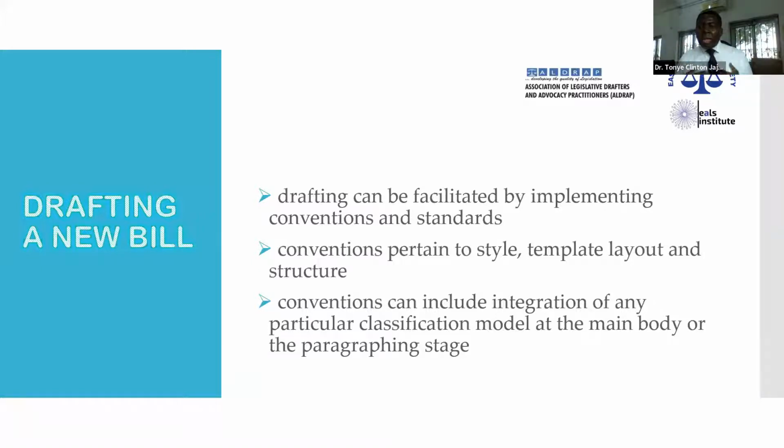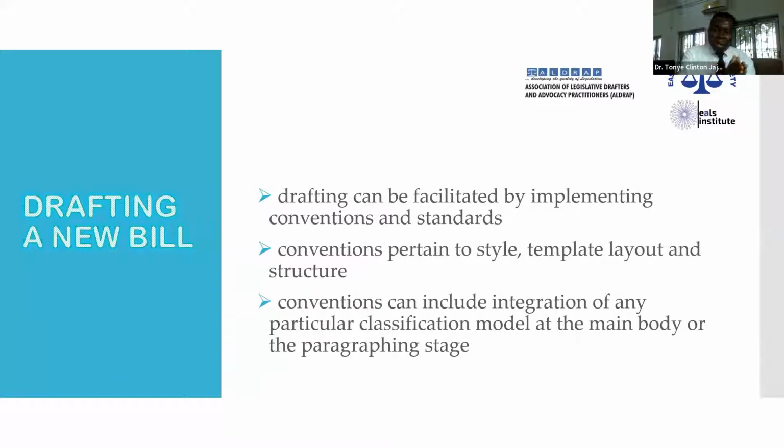country. In Nigeria, at the federal level, the style is that definitions are at the bottom. But in some jurisdictions, definitions are at the top, at the beginning of every legislation. So by use of ICT, we can have a standard format.